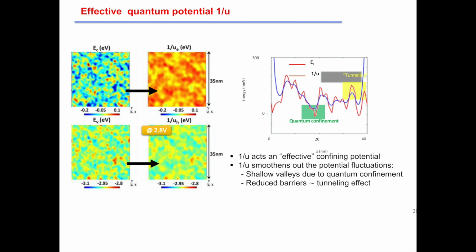And the reverse is true. If you have a large fluctuation, a steep amount of energy, you can have tunneling of the electron state from one position to the other. And actually, you will also smooth out the peaks of energy due to quantum tunneling. So you see here that you take into account both effects, quantum confinement and tunneling, by the function 1 over u. This is why most of the quantum effects you would find in the Schrödinger equation are taken into account by the landscape equation. This is well seen here.